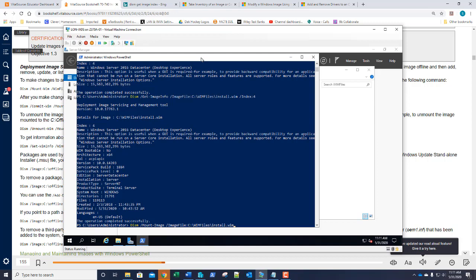Is that enough? Well, we've defined what we want to mount, but we need to tell it where to mount it. We also need to specify that we want to work on the Data Center Desktop Experience image. Now we need to say where we want it mounted. So we type in /mount_dir,